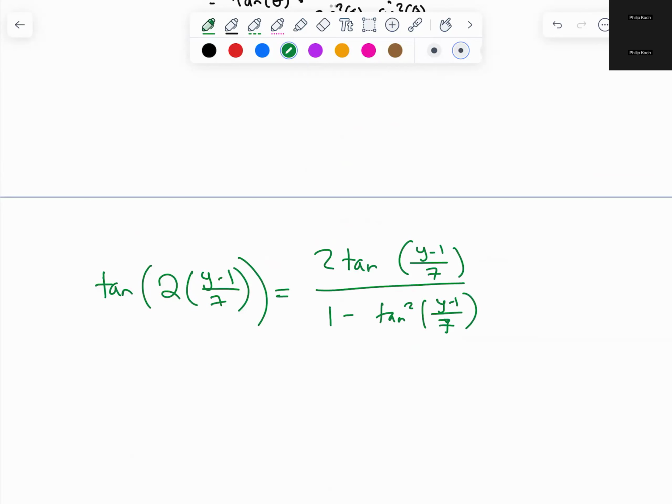So we can think of y minus 1 over 7 as our theta or our x, because I can always just let x equal y minus 1 over 7. And then this now becomes